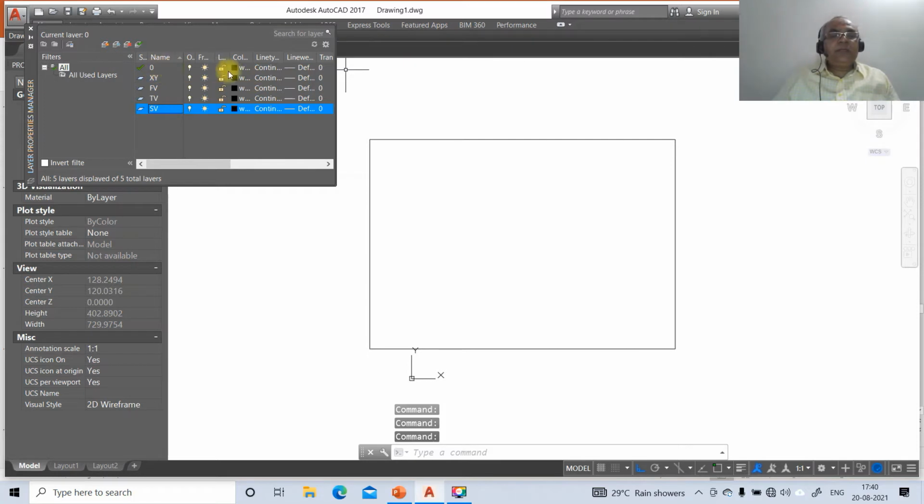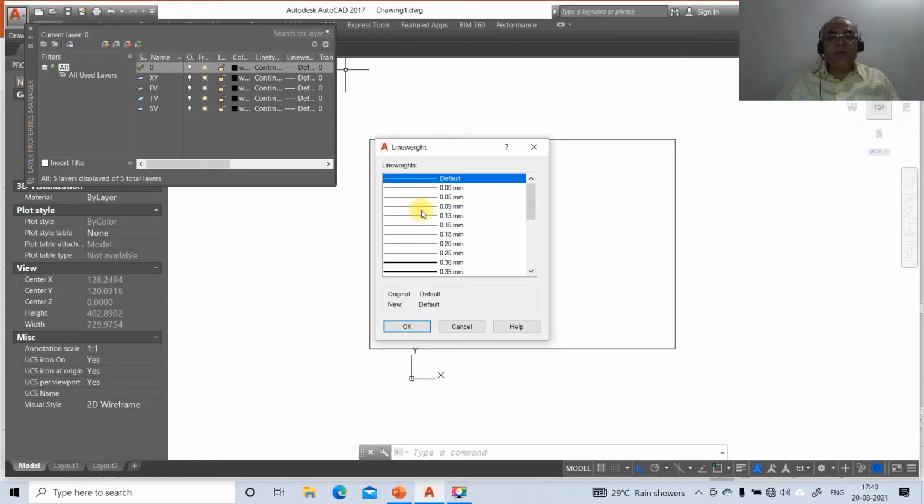Now layer 0 should contain the projector lines. All the projector lines are going to have a line thickness of 0.05. The line thickness is equal to the line weight.